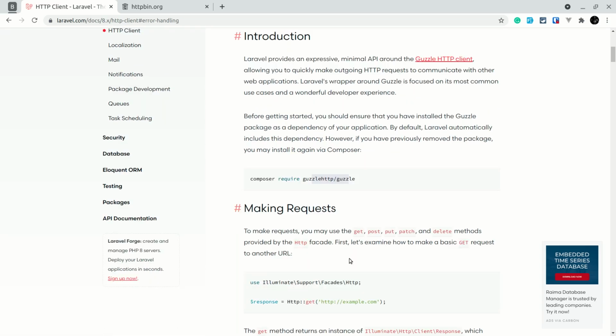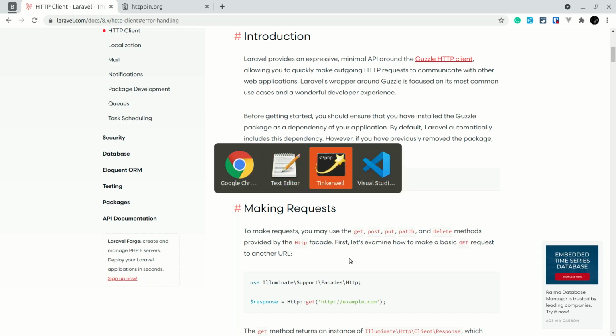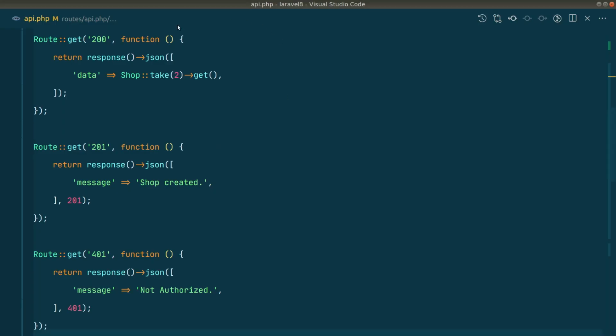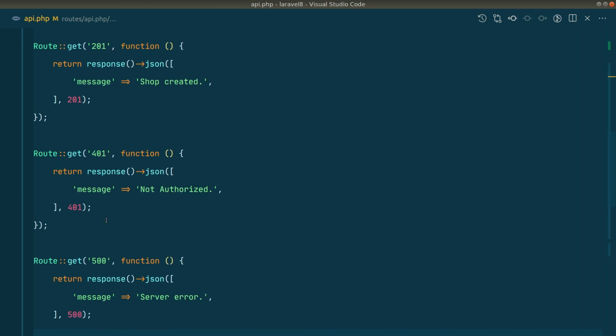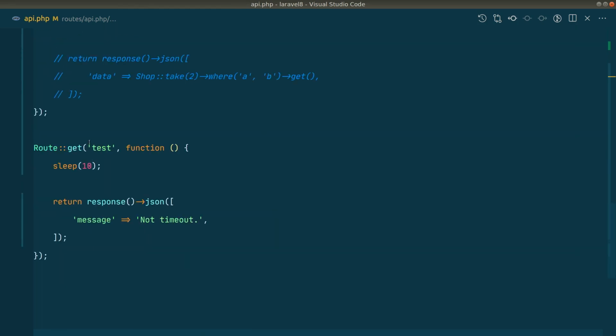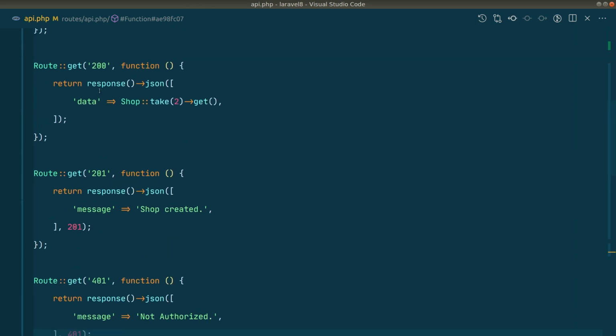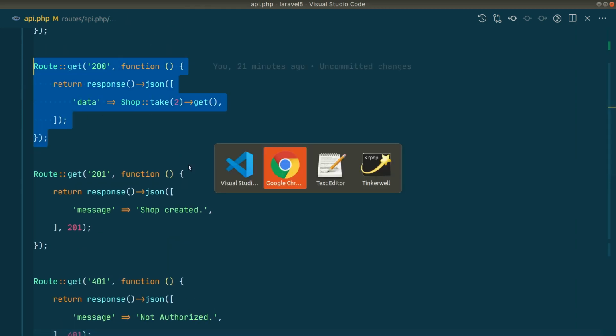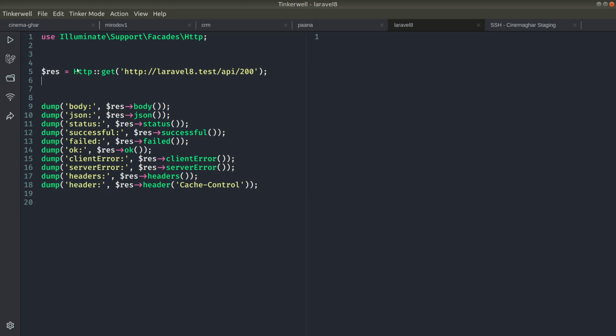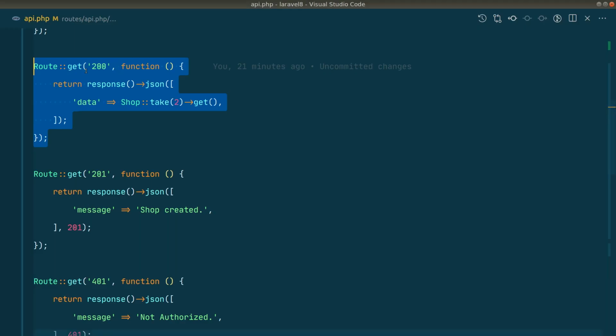I have prepared some API endpoints, so let's test it out. If I go to routes and api.php here, I have made 200, 201, 401, 500 and some test APIs. So let's start with this 200. So here in this app, I have this API, and I can call this route using this